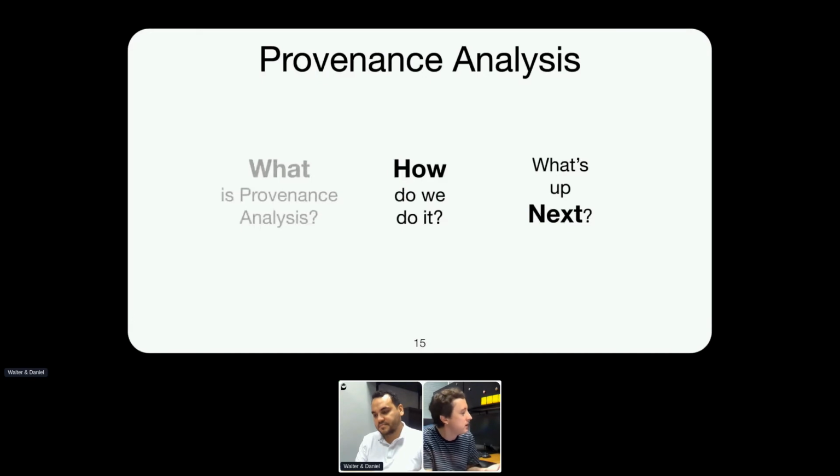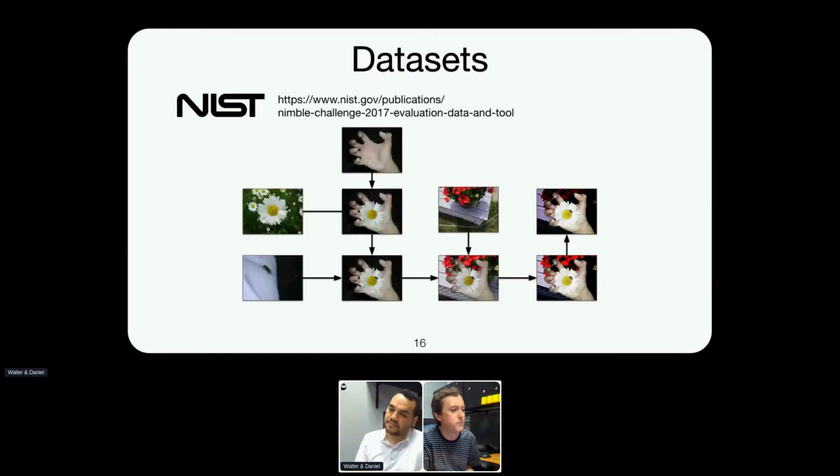Okay, so moving on, how do we do this? Where do we even begin? Of course, it's the data. Most of what we do these days in computer vision, in any type of image analysis, even basic image processing, begins with some sort of data set. So a little history here. Our work in provenance analysis really ramped up